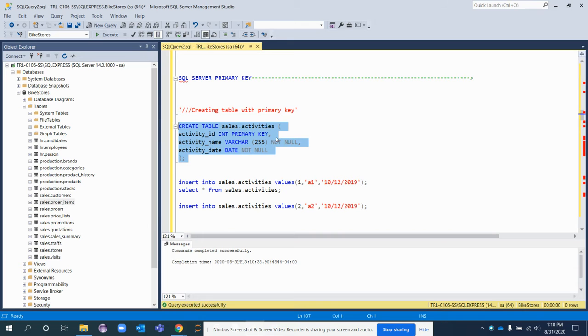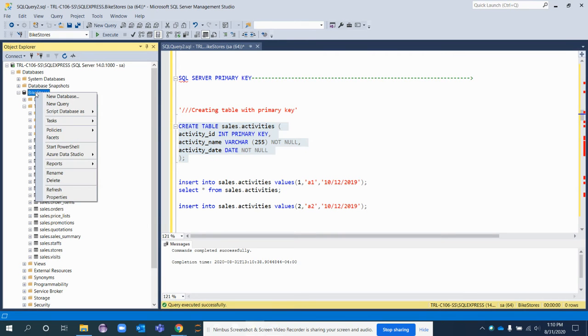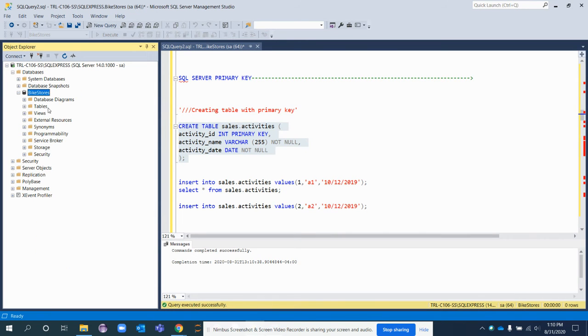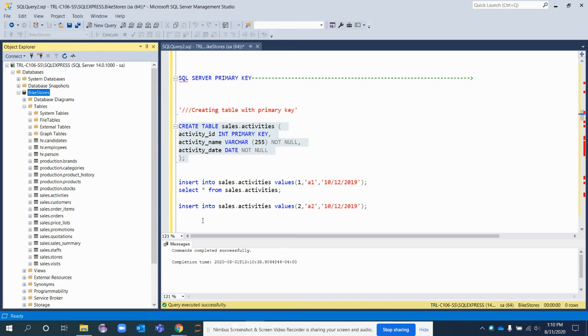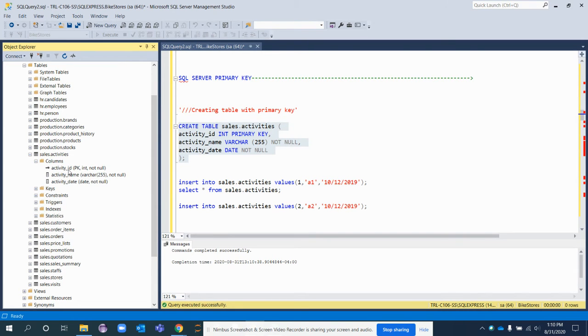Once I execute, it will successfully create the table inside the BikeStores database. Let's see whether we have that table or not. Yes, it is. And see the columns, try to match them here. So activity ID, which is a primary key, see the key sign, then activity name and activity date.